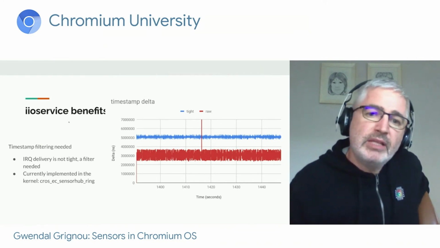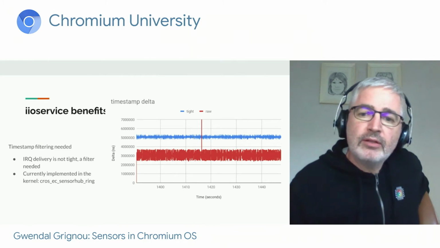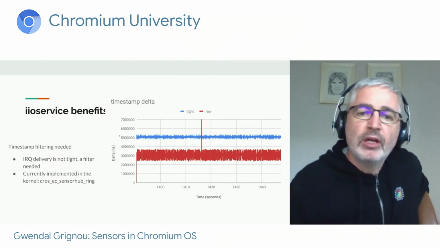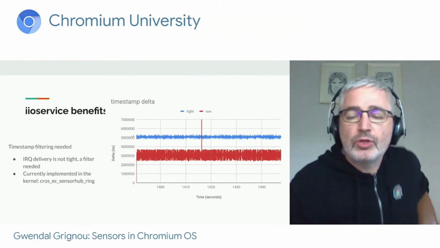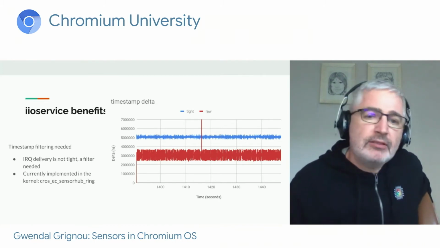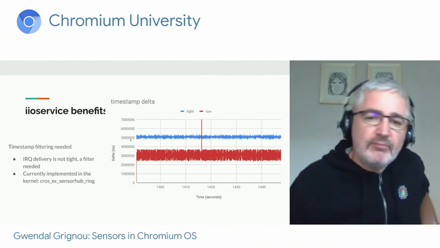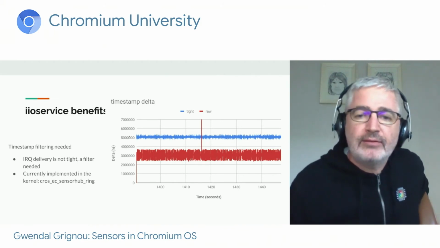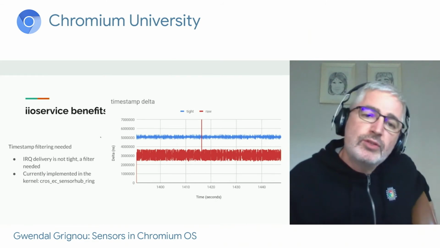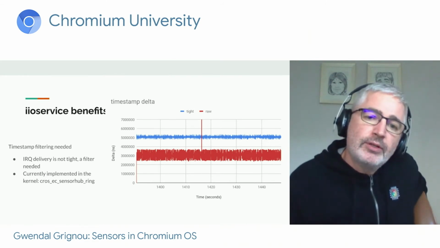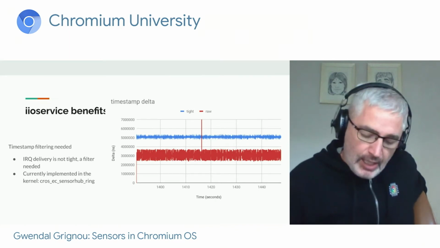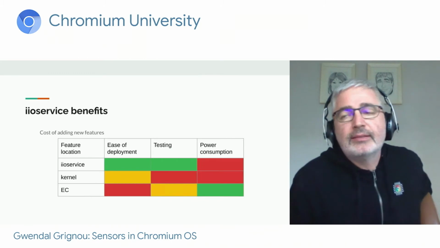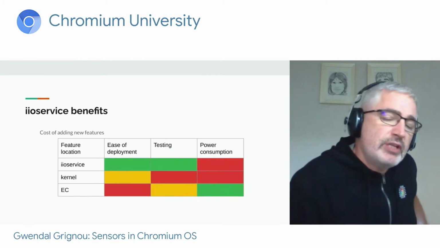By using a median filter, we can narrow down the timing to be much more acceptable, much more centered around the 5 millisecond mark. So that's a median filter. There's a little bit of math there, so it doesn't feel right to be in the kernel. And those features can move to user space. That's the subject of the next slide.